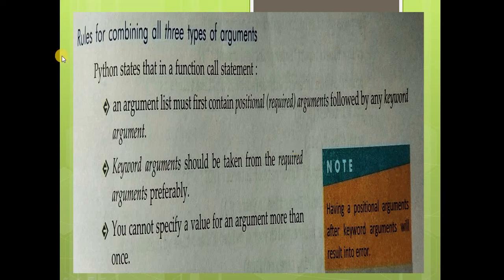And all these rules are very important for questions on finding errors. So the first rule to remember is that the positional argument must be present before the keyword argument, and if keyword argument and required argument are used in a mixed manner, then required arguments are preferred over keyword argument. And the last rule, you cannot specify a value for an argument more than once.